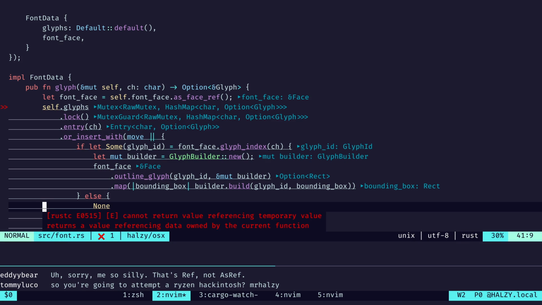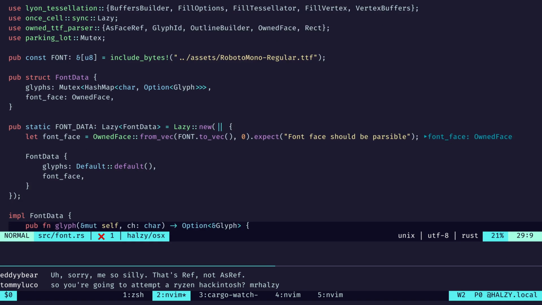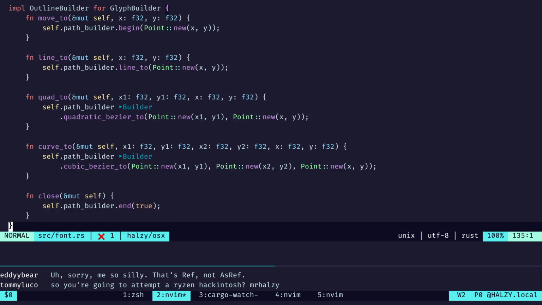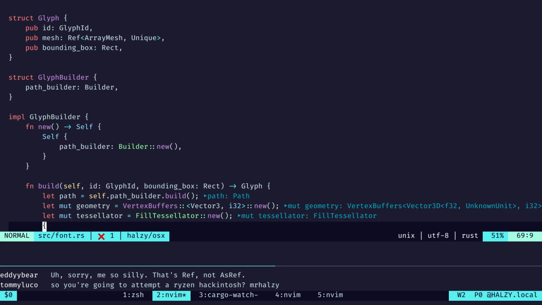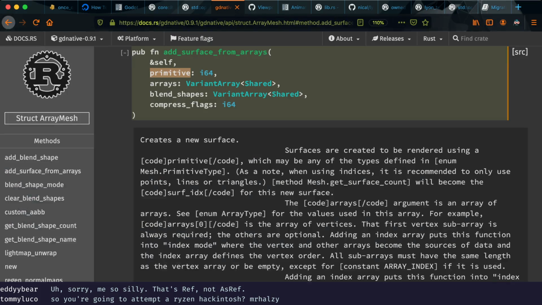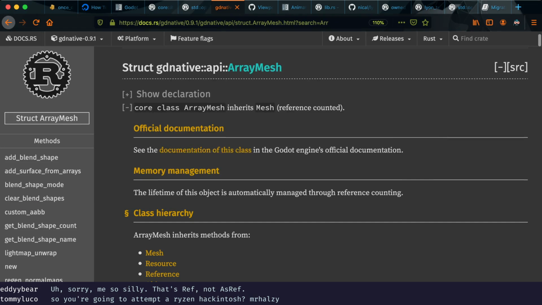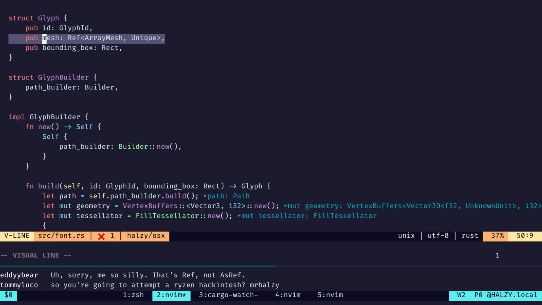Of course, because this is a unique element. Oh, this is tricky. Well, we could go back to having this, where'd it go? As being shared. Is array mesh reference counted? Let's double check on that. Should be. Here we are. Lifetime of this object is automatically managed through reference counting. Great. Okay, so